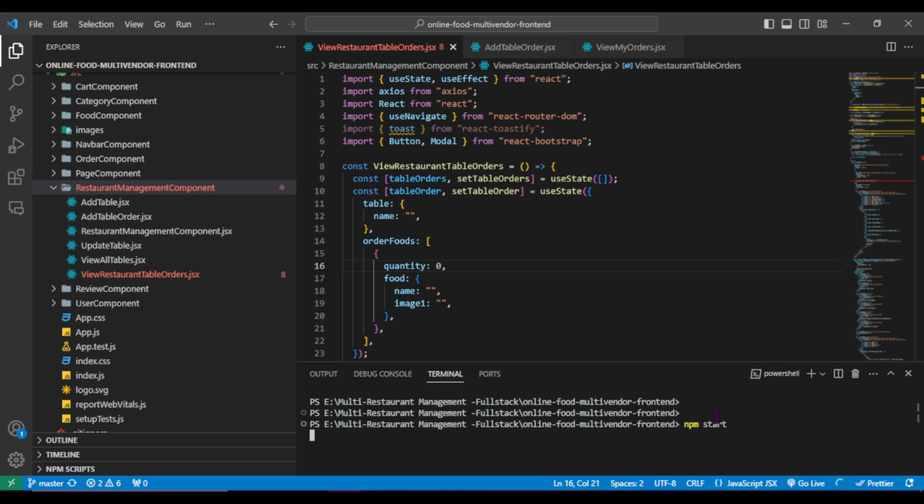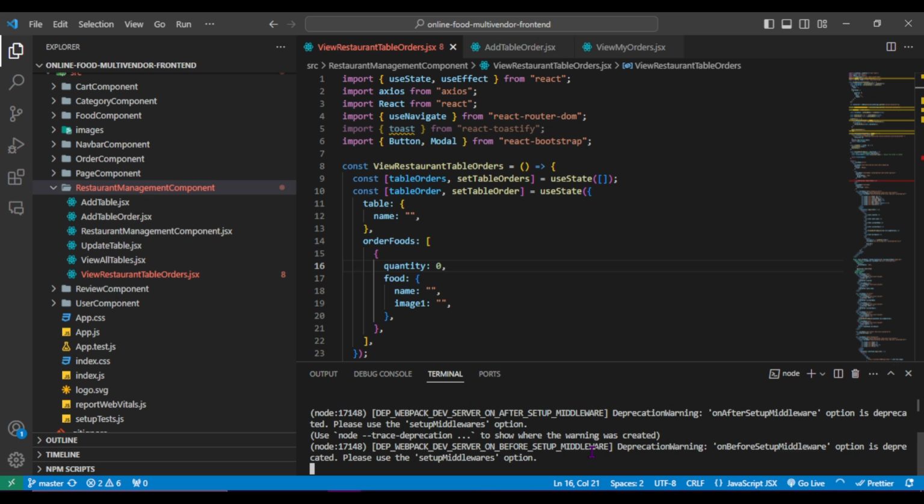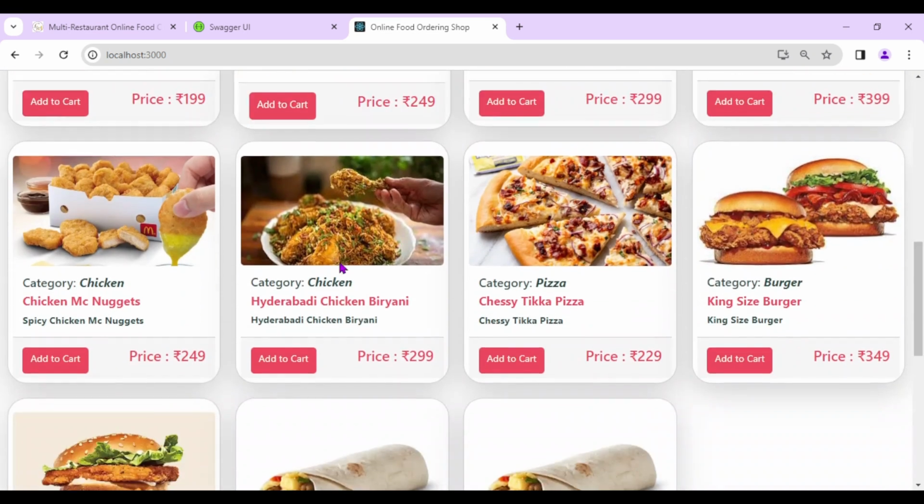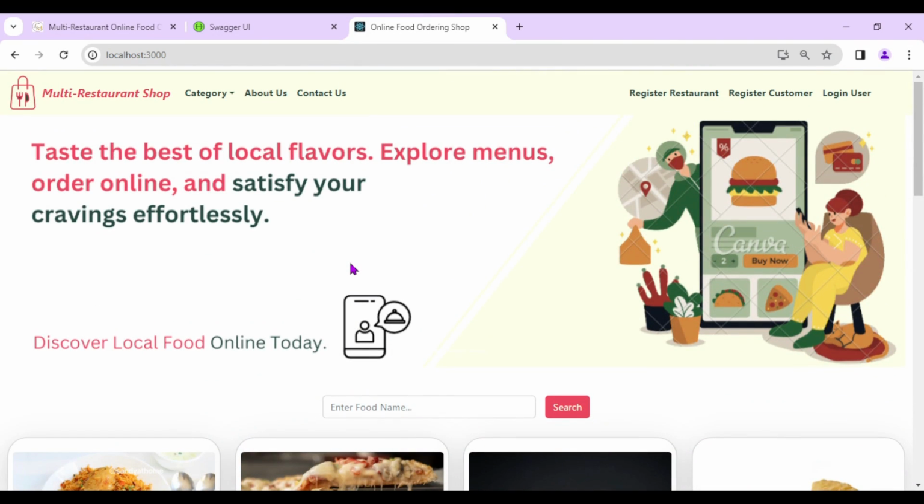Now let our React.js application also run. So our React.js application is also running fine and we can see here the output in the browser.